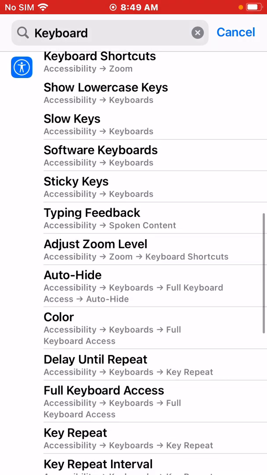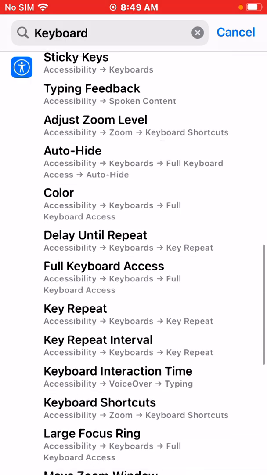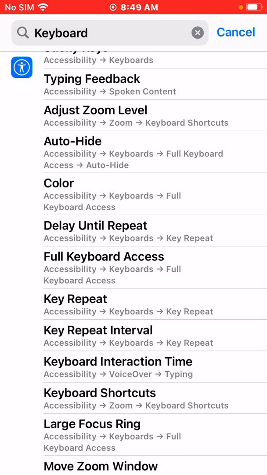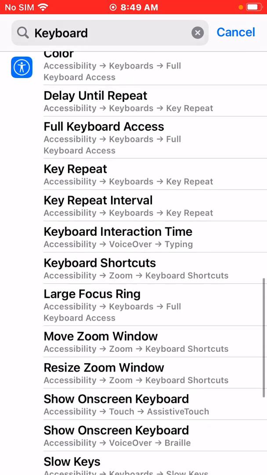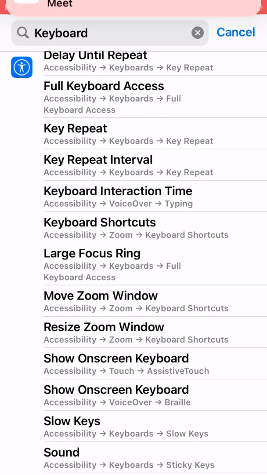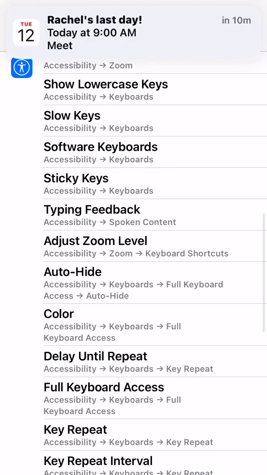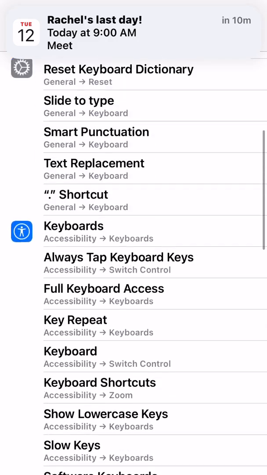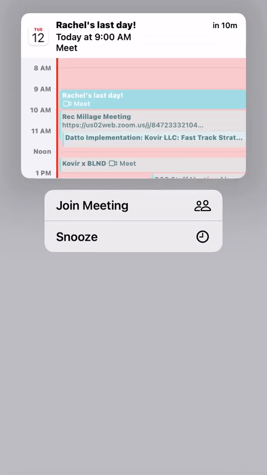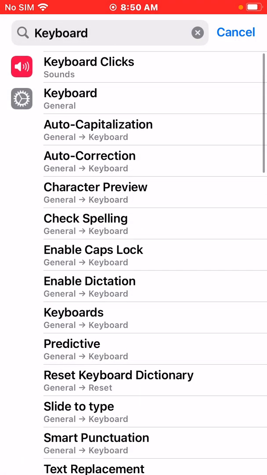You can see that there's adjust the zoom level, hide. So there's these other keyboard settings that came up in other areas like spoken content and not just this keyboard feature. So if there's ever something that you are looking to adjust on your phone, say the keyboard, then you can, oops, sorry about that. Snooze. Then you can search through that